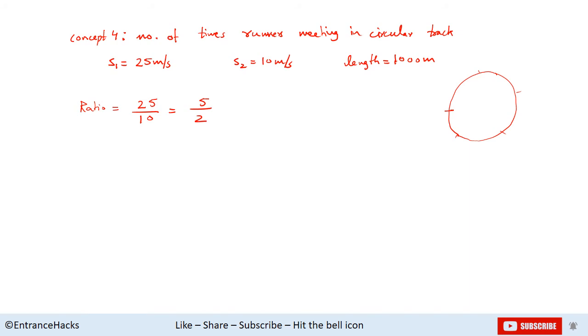So the number of points of meet is equal to the difference of this ratio, that is 5 minus 2 is equal to 3. So there will be 3 unique points in the circle where they will be meeting. Okay,